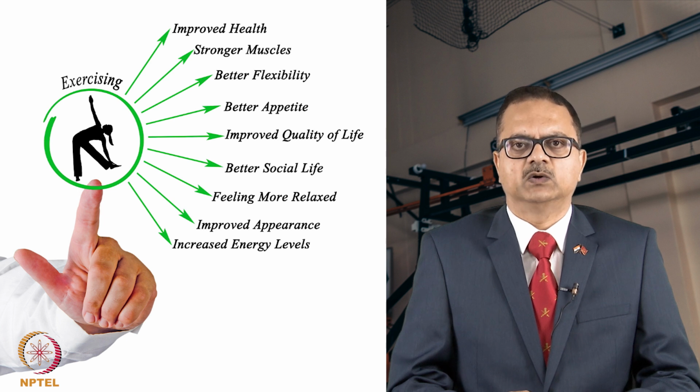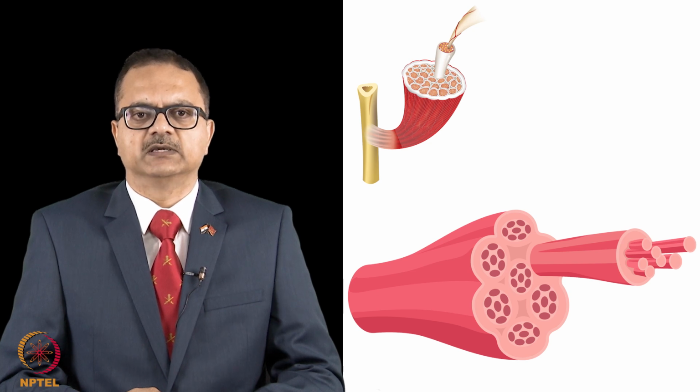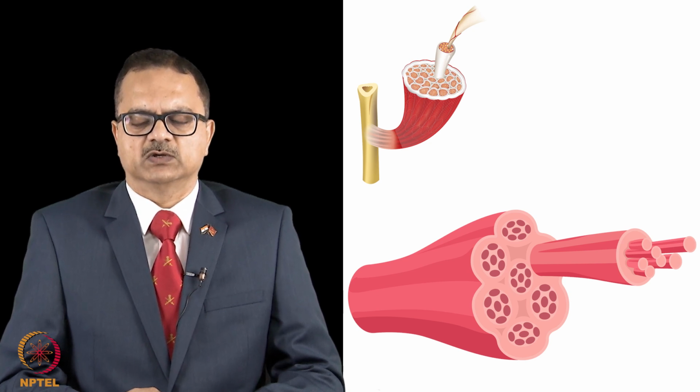We will talk about how exercise affects the body in an acute fashion and how exercise affects the body in a long-term fashion. We will also be speaking about skeletal muscle physiology, how the muscle contracts, what is the structure of the muscle, what is excitation-contraction coupling, what is the sliding filament theory. All these will be covered in week 1. At the end of the week, of course, we will have an assignment which will be online and which has to be submitted within the allotted time period.